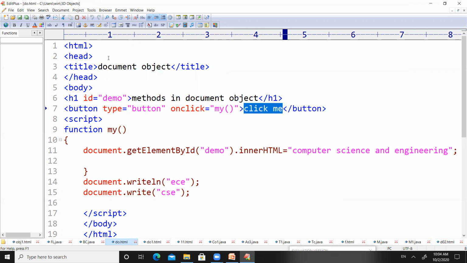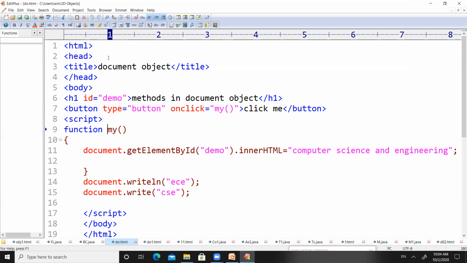When a user makes a click on this button, that click will execute the function my, right? So onclick means if somebody makes a click on a button, what is the action you want to perform will be assigned to this onclick attribute of the button tag.